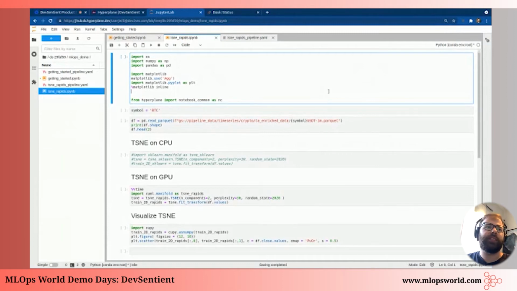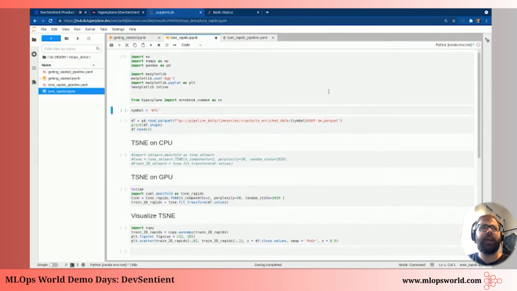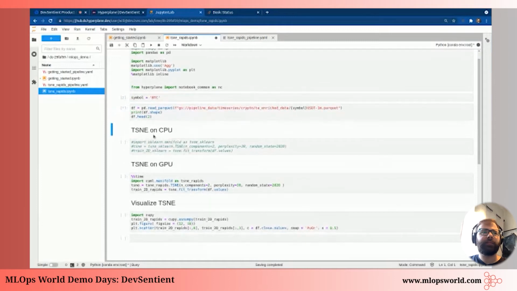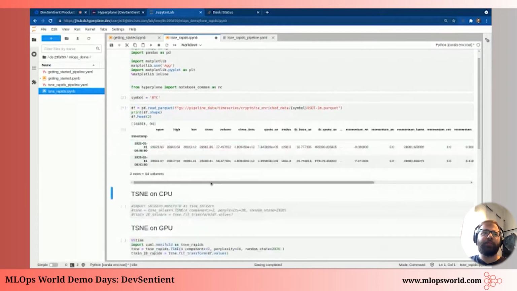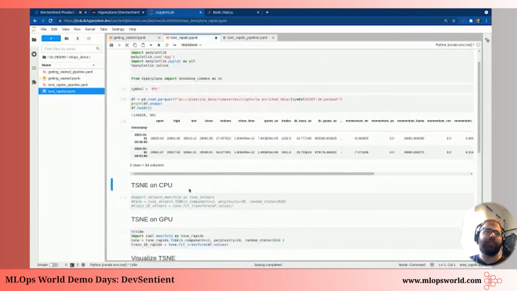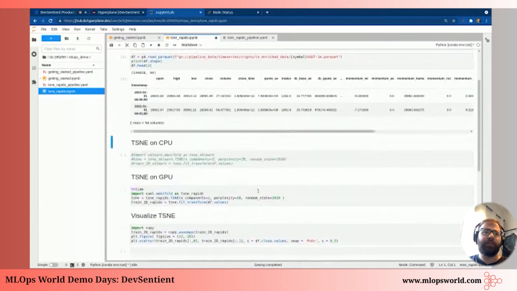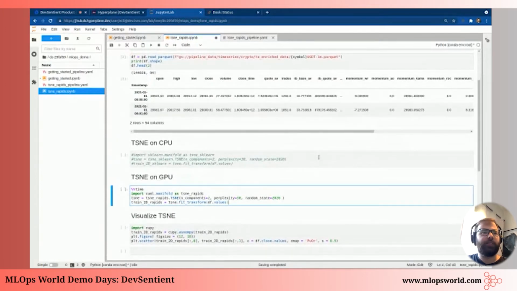And so I'll show you how easy it is to get started, once again, using a GPU accelerated library on Hyperplane. So I'm going to import these common libraries again. And you'll notice here that I'm going to read in some crypto trading data. And here I have a variable called symbol, and I want to read in some Bitcoin data. So I'm going to go ahead and read that in. And I'm not going to run this on the CPU because we'll be sitting here waiting for more than 5 minutes. But I'll run this on the GPU just to show you that it is relatively quick.